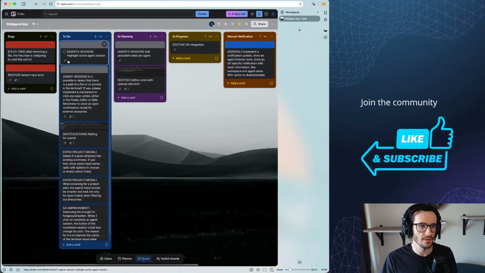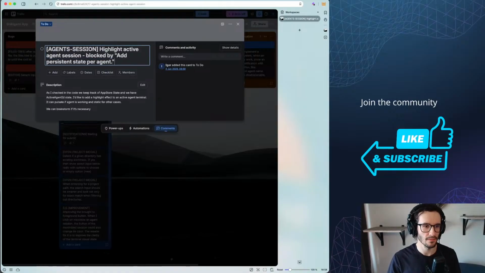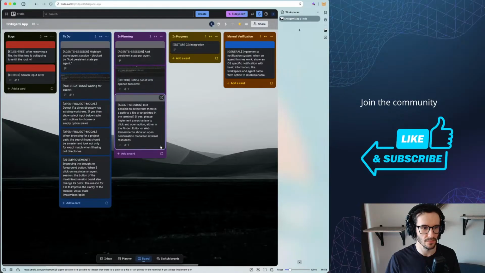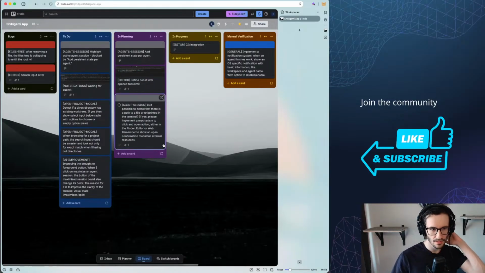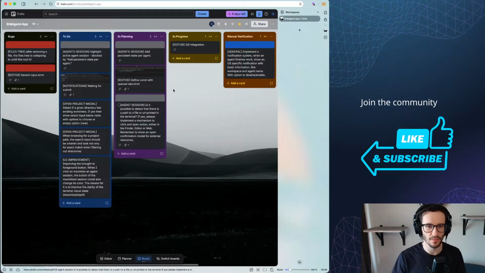I already moved highlight active agent session into the to-do list, blocked by. Okay, then I'm taking the detection for paths, for a file's path or a URL, into planning.